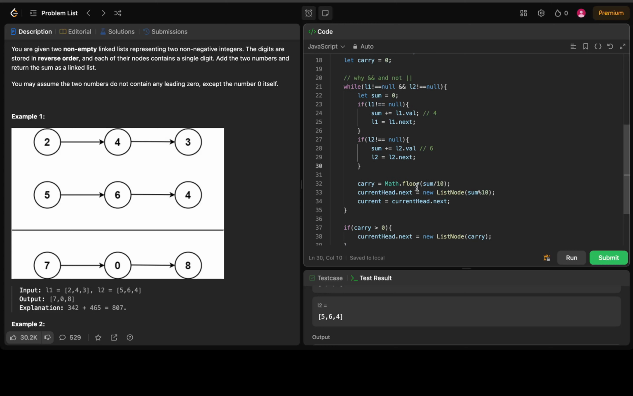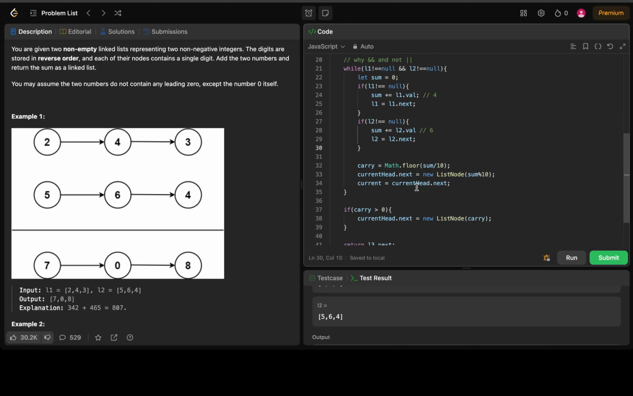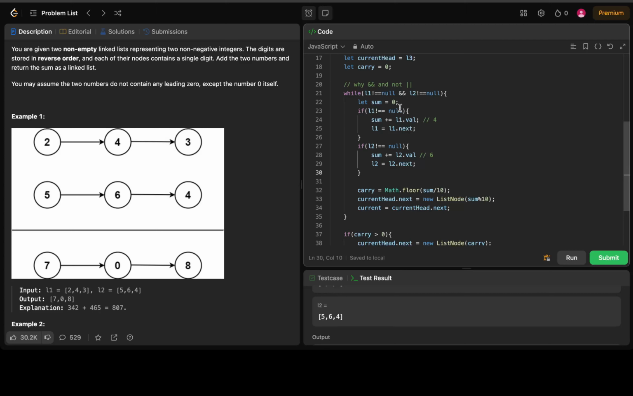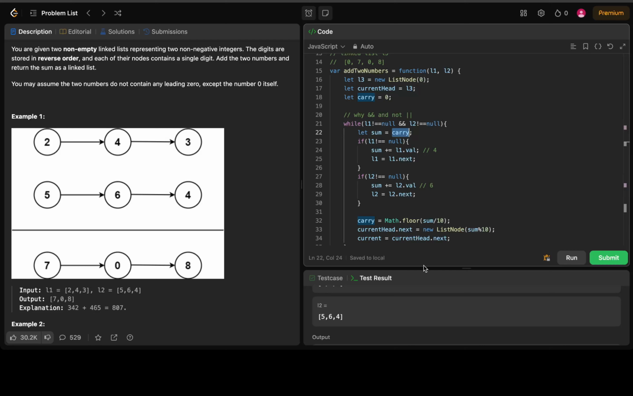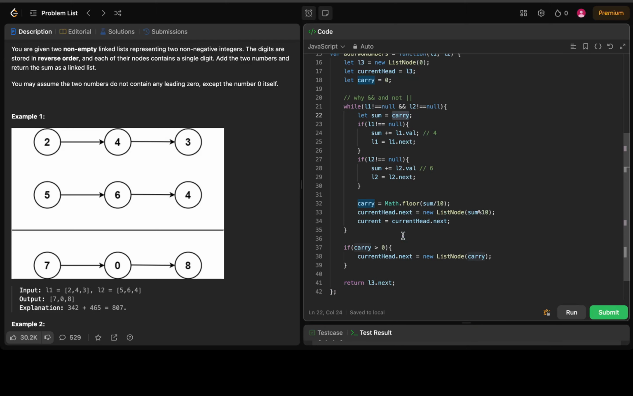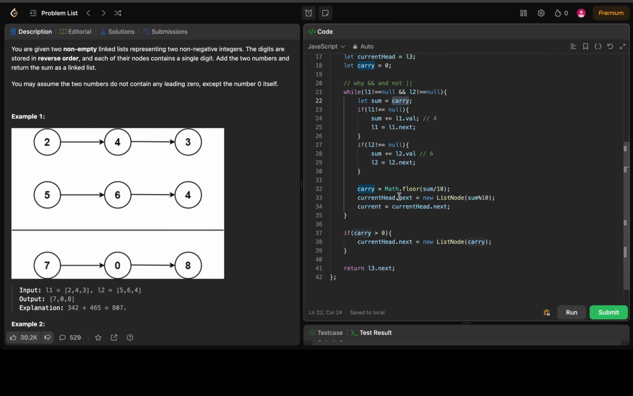So what we see here is we are missing one more thing, which is we are not adding the carry here. If we completed one loop iteration and we are getting a carry, we need to add it when we are doing the next sum, so we missed that. And one more thing, if we look carefully,